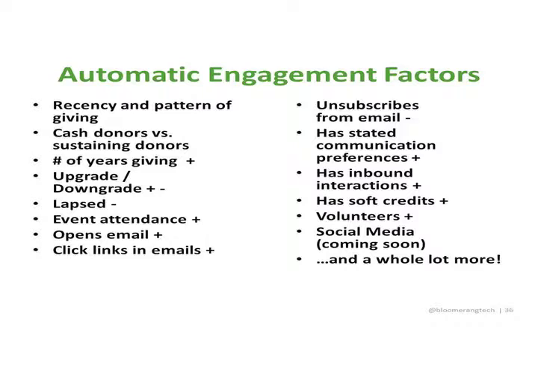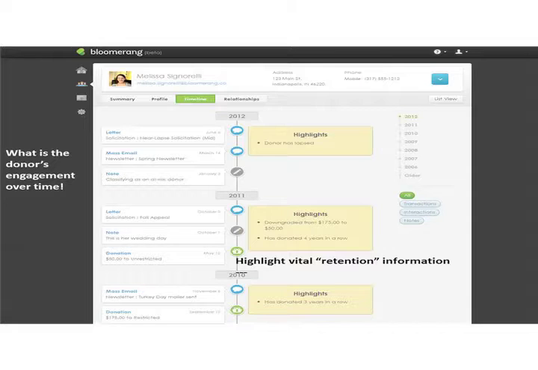so that you have a good, strong idea of those individuals that are engaged with your organization and just why they are. We showed this engagement over time with what we call a timeline here. And in this particular situation, we can see on the left-hand side every touch point we've had with a particular individual, and over on the right-hand side in those middle boxes are the highlights. We're showing you what were the biggest factors that moved that engagement needle each year with that person.